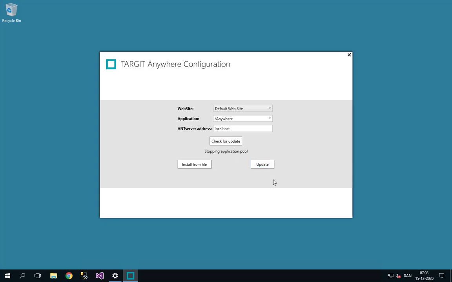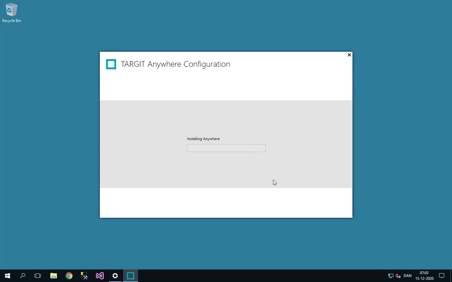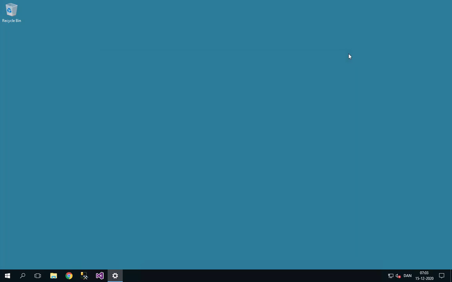So just click the update button and wait a few seconds for that to start running. So now it's downloading and installing the Anywhere client, and it's done within a few seconds. So we can just click OK here and close the tool. So let's go to a browser